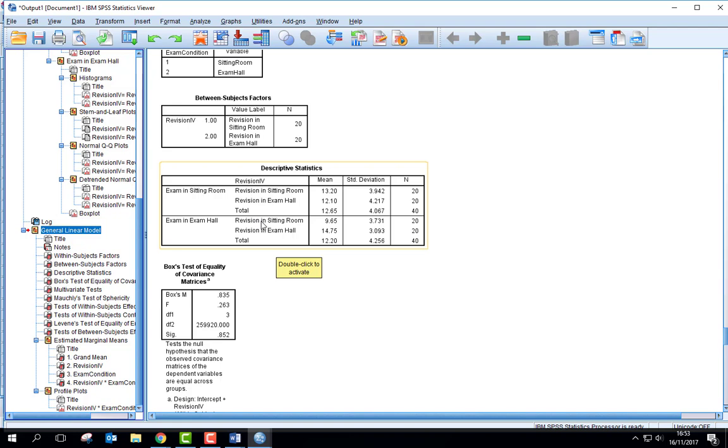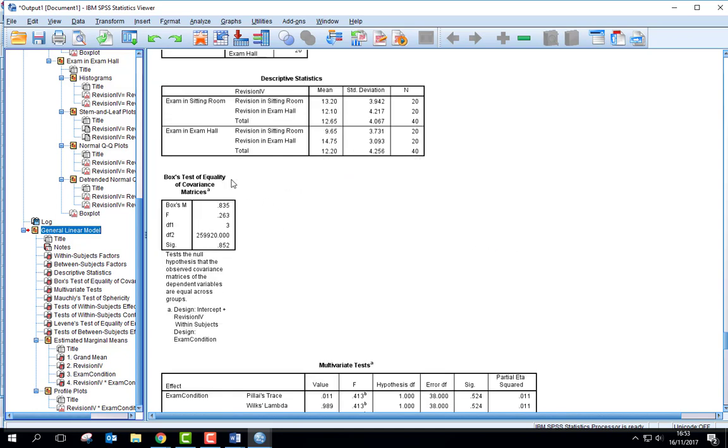So there seems to be quite a difference between revision in the sitting room and revision in the exam hall on scores for this variable. But whether or not any of that is statistically significant, we won't know until we analyse the data further. This next box here, the Box's test of equality of covariance matrices, is an important one to look at,